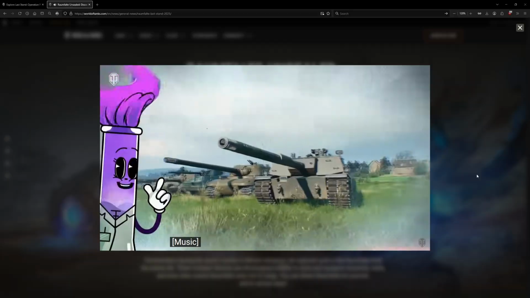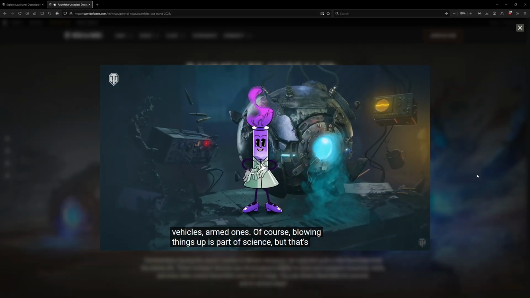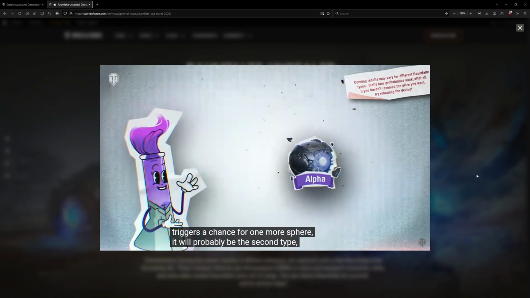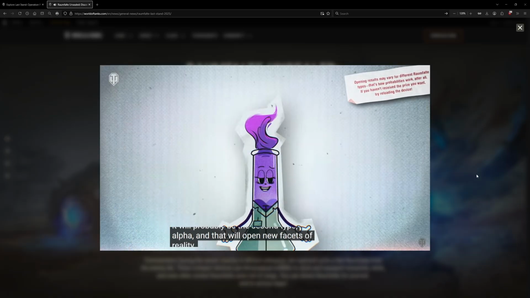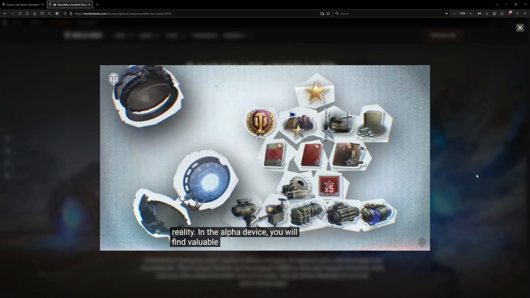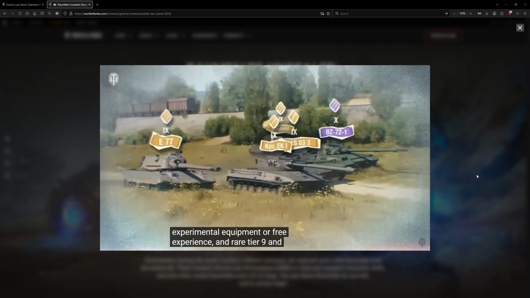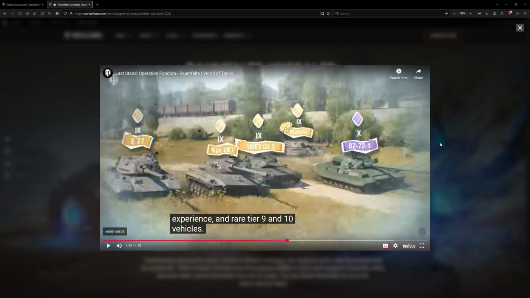Odd ones, of course. Blowing things up is part of science, but that's only the beginning. If your proto device triggers a chance for 1 more sphere, it will probably be the second type, Alpha, and that will open new facets of reality. In the Alpha device, you will find valuable resources, components for experimental equipment or free experience, and rare Tier 9 and 10 vehicles. By the way, a